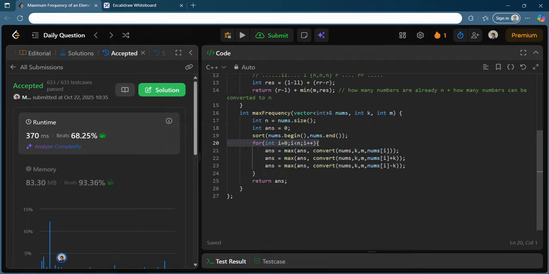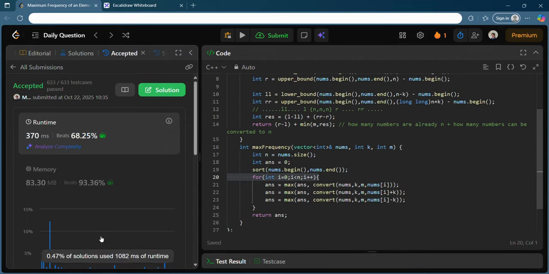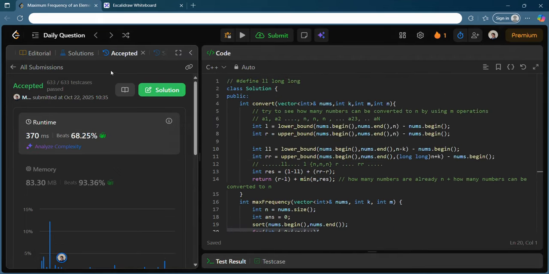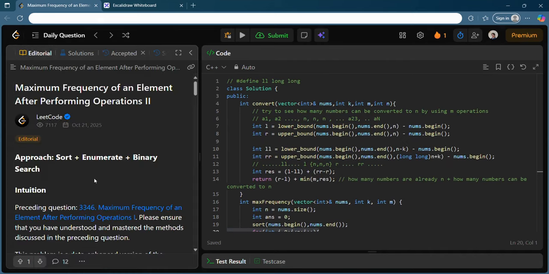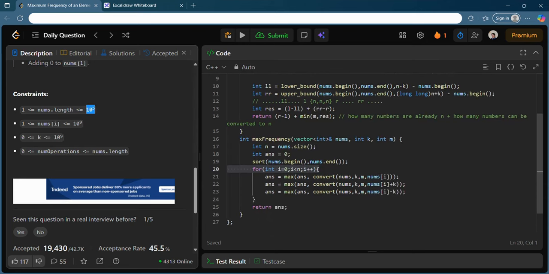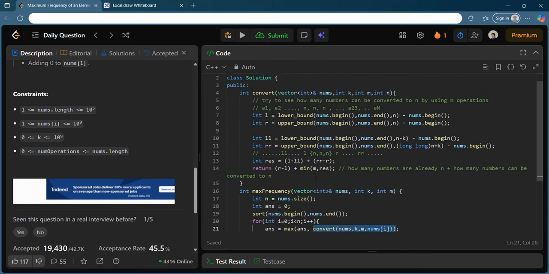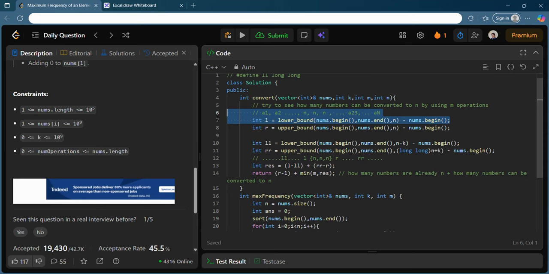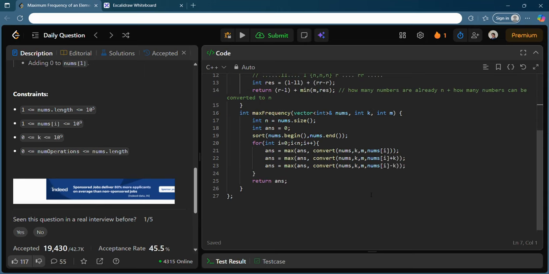It is telling you that, but you do understand that it is definitely not n square, it will be simply an n log n solution. Because this is the loop of n and it uses log n time complexity for this lower bound and upper bound, as it is simply binary search. So time complexity is not n square log n, it is just n log n.